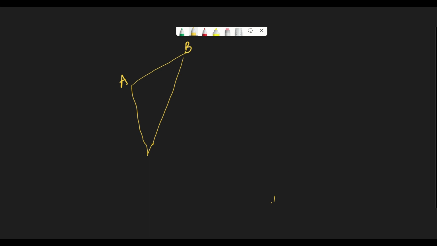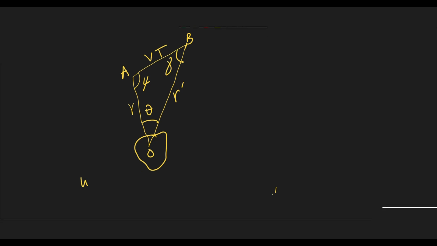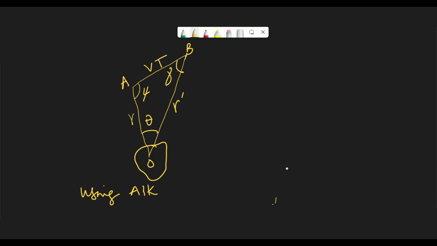Point A, point B, the gravitating mass at O, R prime, V, T. Angle phi, angle theta. And this time, the angle that I'm going to use is the third angle, gamma. Okay, using Al-Kashi's theorem on triangle OAB for the third angle gamma, we obtain